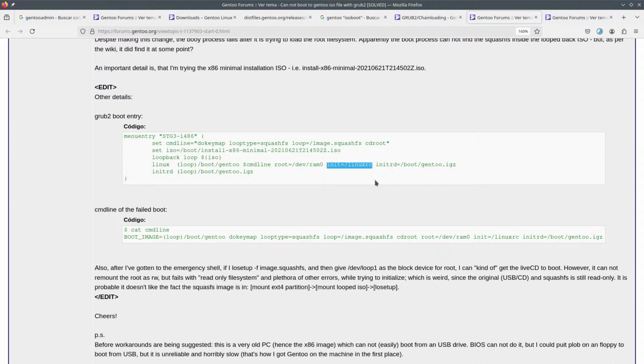Oh, that's why it's not loading anything, because you're not loading initrd, or isn't it? The cmdline of the file. Got cmdline. Wait.